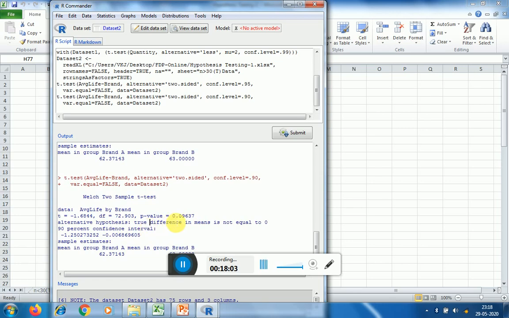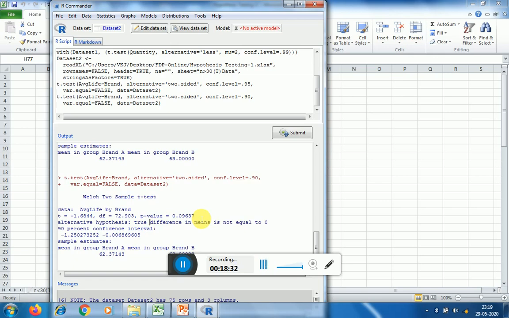That means at 10% level of significance, the alternative hypothesis, that the true difference in means is not equal to 0, is accepted, but this is not accepted at 5% level of significance. So as your level of significance increases, the chances of rejection will go on increasing.